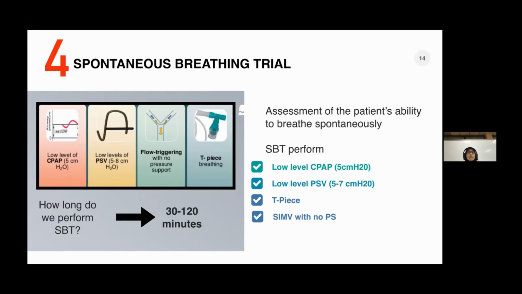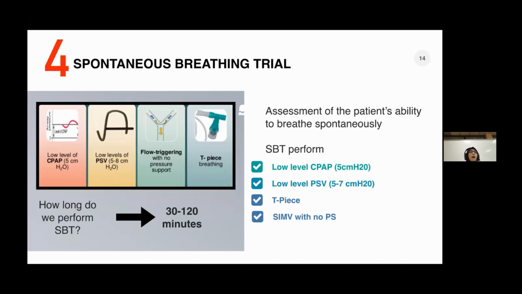A T-piece was performed previously. No, nowadays no more T-piece. I think even in ICU there is no more use of this adjunct equipment. Maybe in certain areas, for example in a district hospital with specialists, you might end up with these T-pieces. But so far, it is one of the equipment that has been removed from the spontaneous breathing trial. But if you encounter a T-piece, you need to know it can also be used for a spontaneous breathing trial.